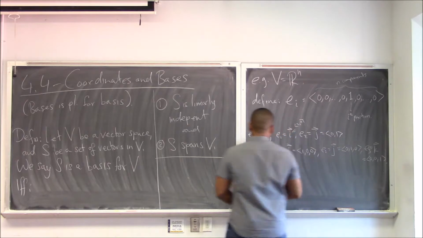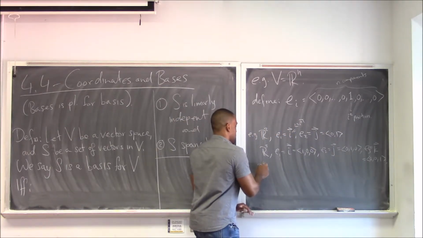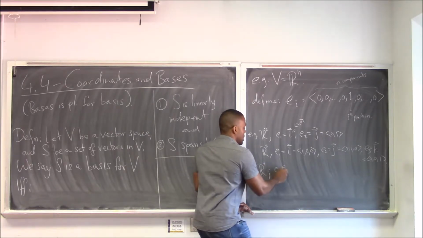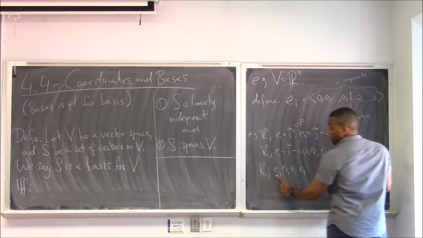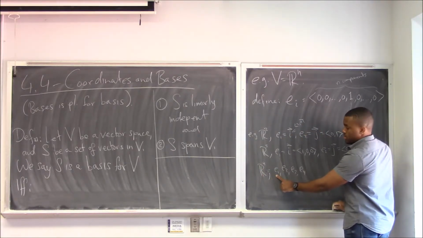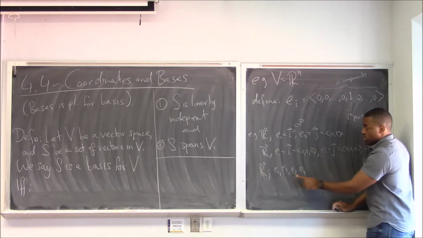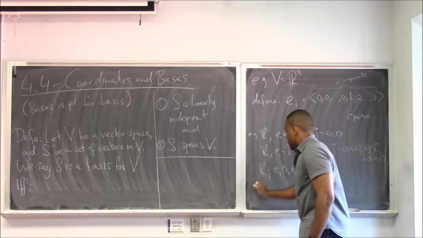And so on. In R4, we don't have letters for them, so we'd call these e1, e2, e3, e4. So this is the vector where there's a 1 in the first position, 0 everywhere else, 1 in the second position, 0 everywhere else, 1 in the third position, 0 everywhere else, 1 in the fourth position, 0 everywhere else. For Rn,